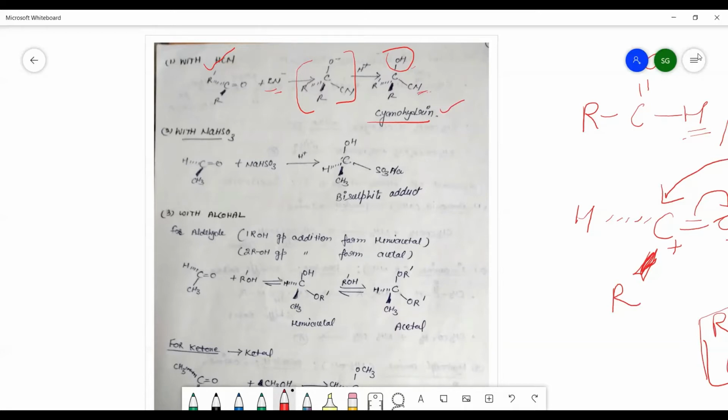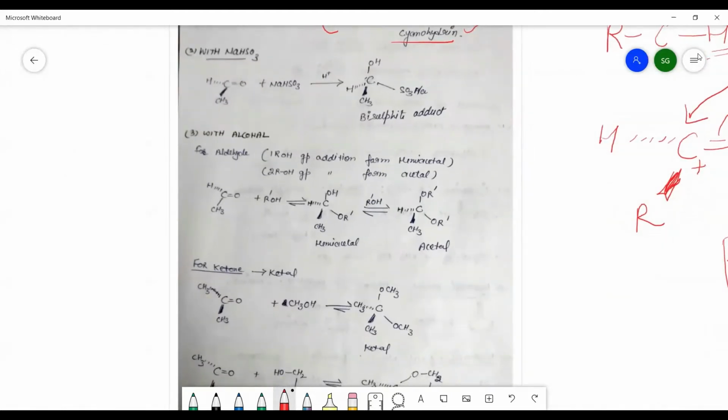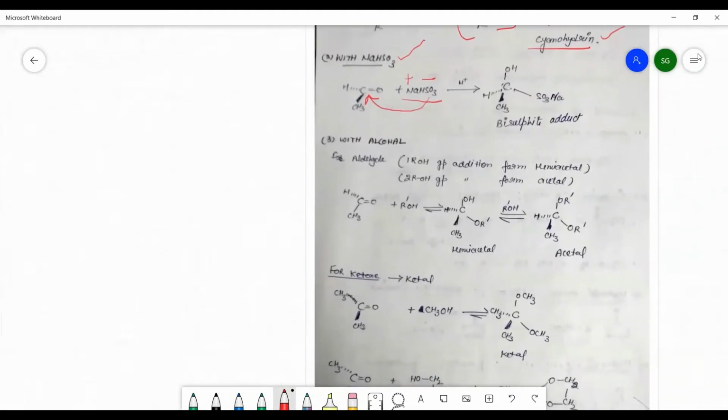carbon atom. Now, the another one will be sodium hydrogen sulfite. When sodium hydrogen sulfite is added to an aldehyde or ketone, sodium is positively charged and SO3H is negatively charged. So this SO3H first of all attacks this carbon atom, and there is a formation of an intermediate that will be C O minus, SO3H, attached on this carbon atom, and R and H. Such a kind of intermediate will form, and after that there is a transfer of proton.